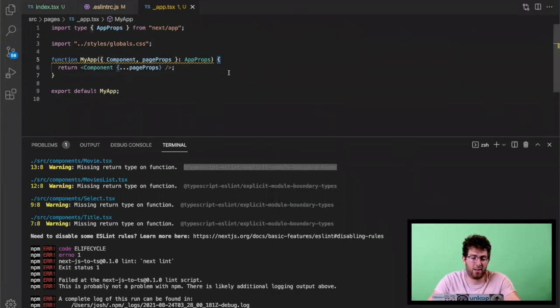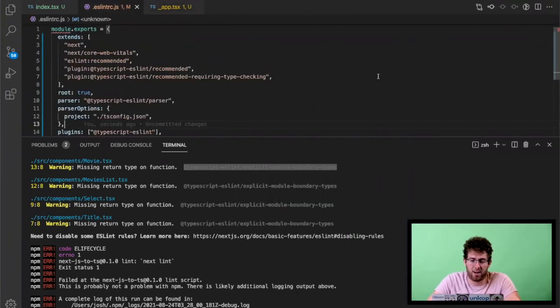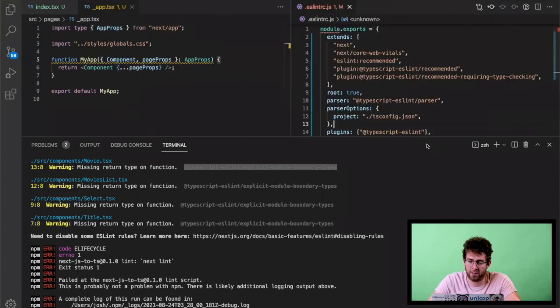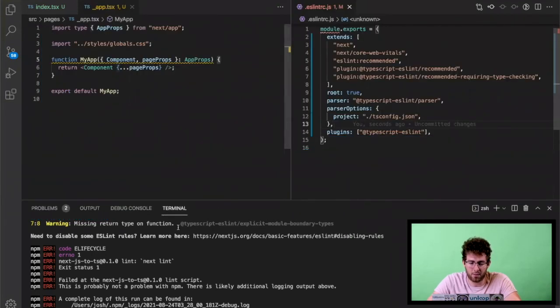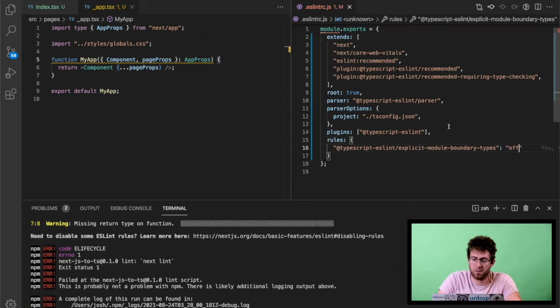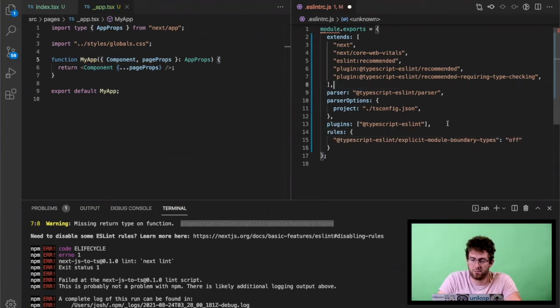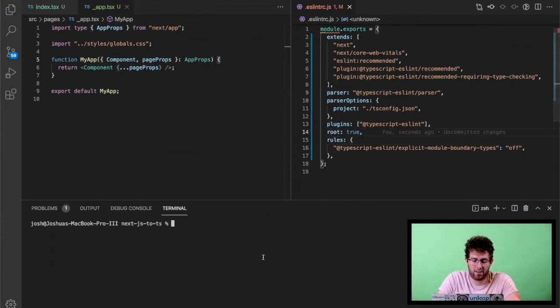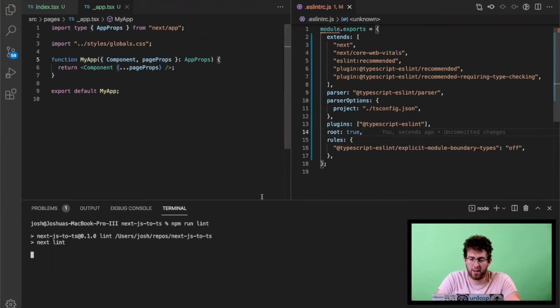But I'm just going to skip right ahead and disable the rule in my ESLint config. Copy and paste. Rules, this thing, off. All right, now if I run npm run lint again,